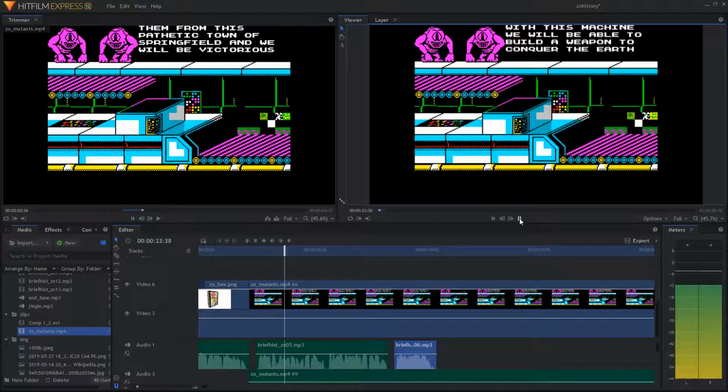This version of Bart versus the Space Mutants by Arc Developments featured the same alien invasion plot and gameplay, but